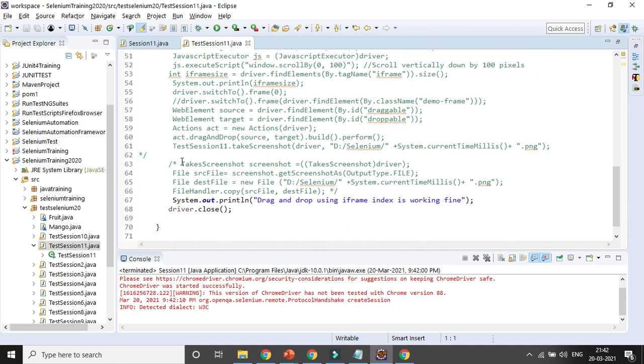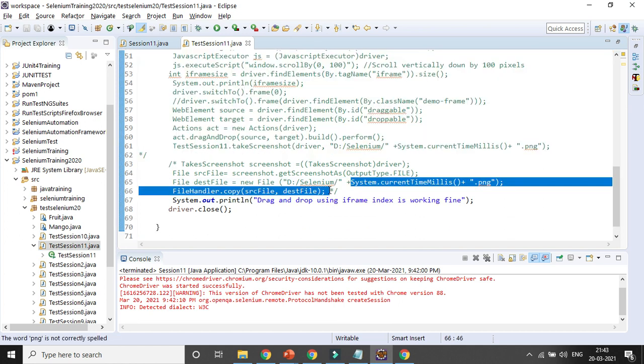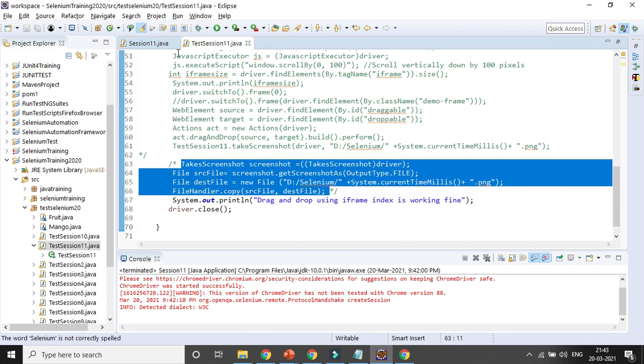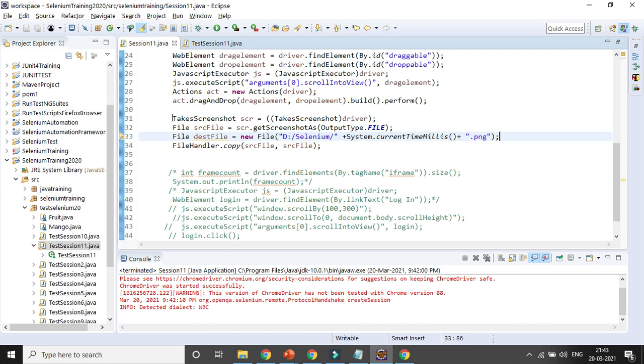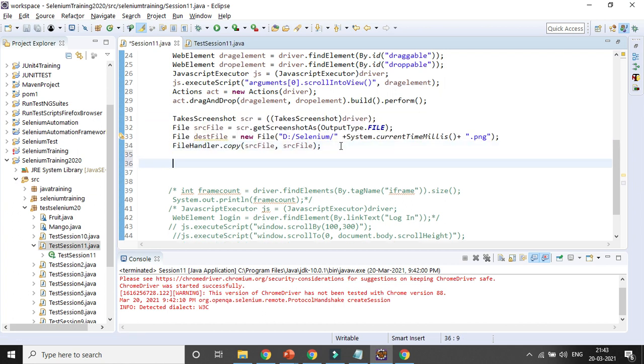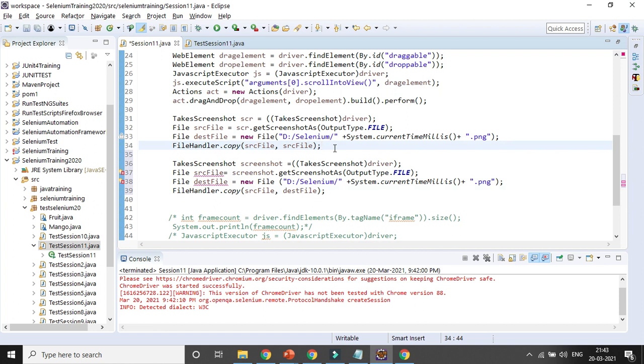Let's see whether it's working or not. Same thing, maybe some mistake I am making here. So instead of that, I'll use the same line of code in a similar way, let's try to paste it. Okay, let's try to comment it out.